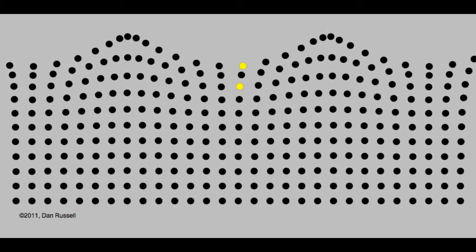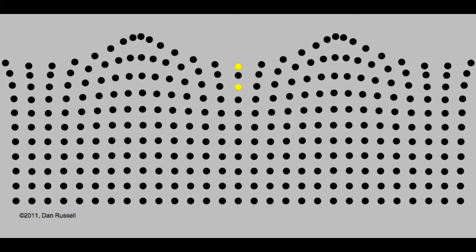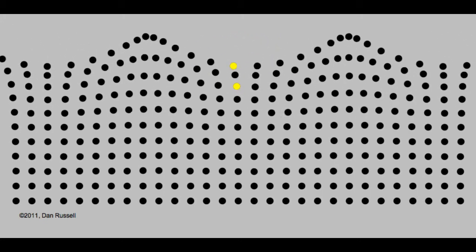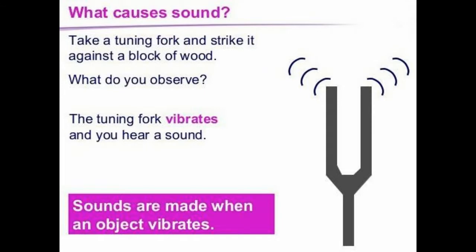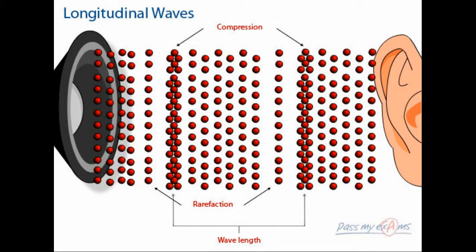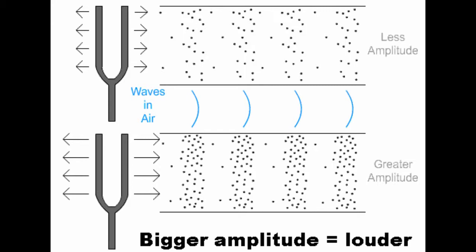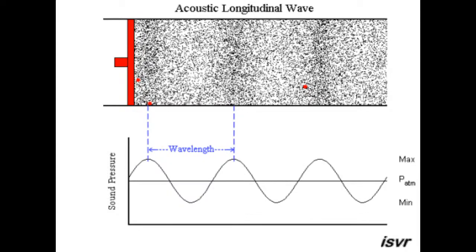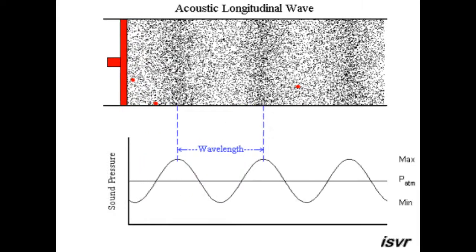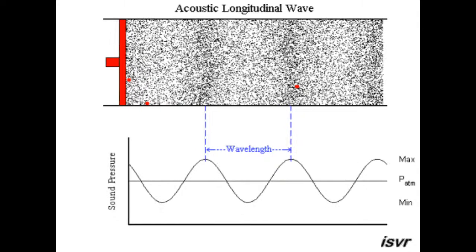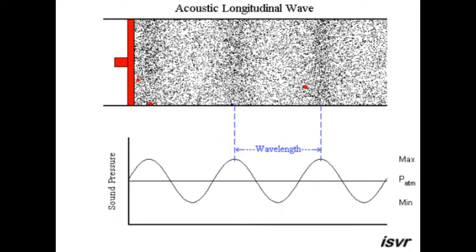Water waves are actually a combination of longitudinal and transverse waves. Sound is a good example of a longitudinal wave. In sound, first, there's always something vibrating. If you put your hand on your voice box while you speak, what do you feel while you're speaking? Vibrations. There's always something, some sort of drum that vibrates, and this pushes the air and squishes it together,